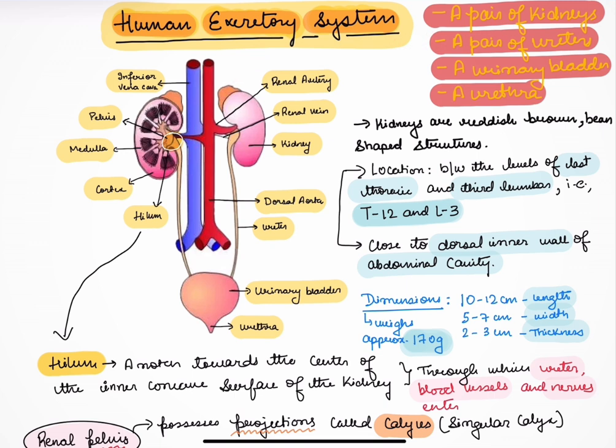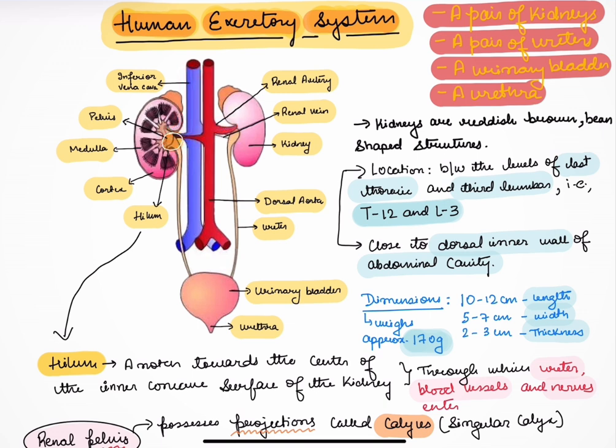So, apart from this, we see these two tubule-like structures, which is this blue one is the inferior vena cava and this red one is the dorsal aorta. Dorsal aorta branches into the renal artery, and we see that the inferior vena cava as well as the renal artery, they both enter through this concave